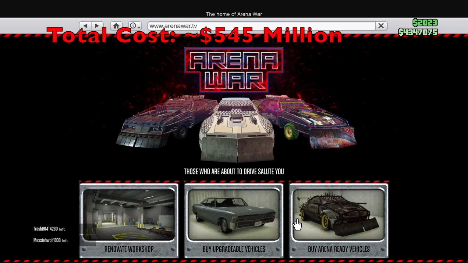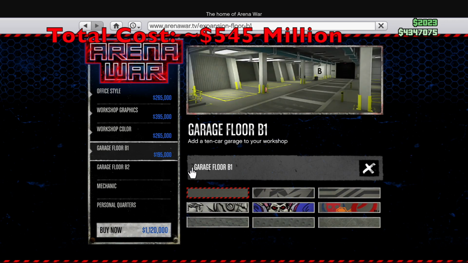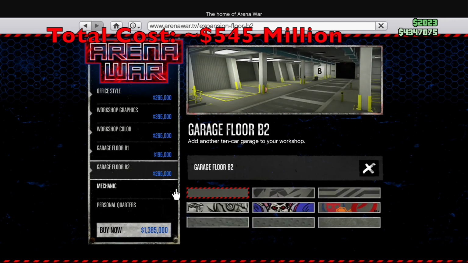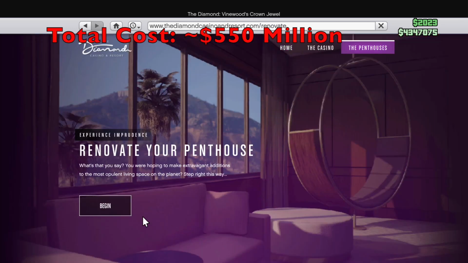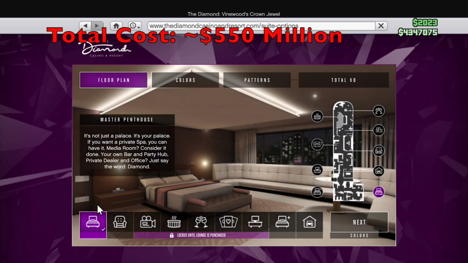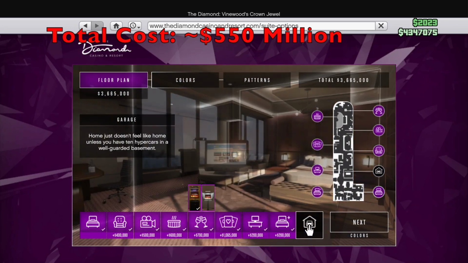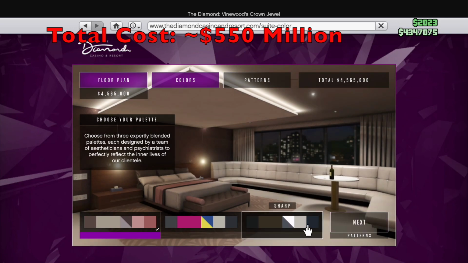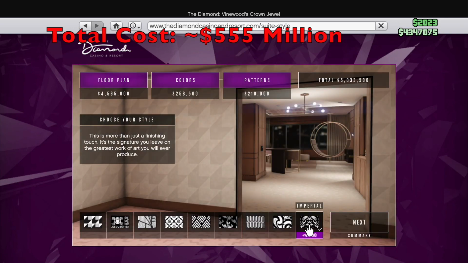The next property that we're going to be looking at is the Arena Workshop, which costs $4,365,000 after upgrades, which brings the overall total up to about $550 million. The final property that I'm going to be going over is the Casino Penthouse, which you can buy through the Diamond Casino and Resort website in-game. The cost of a maxed out casino penthouse is $6,533,500. This brings the total amount of money needed to buy everything in the game so far up to about